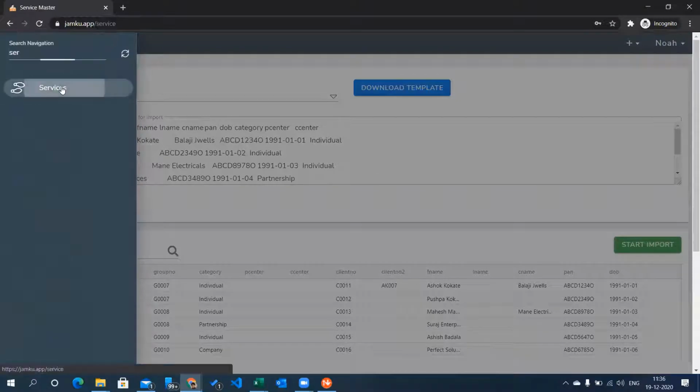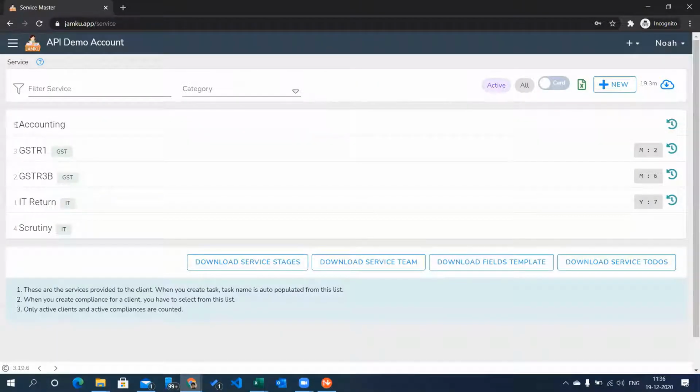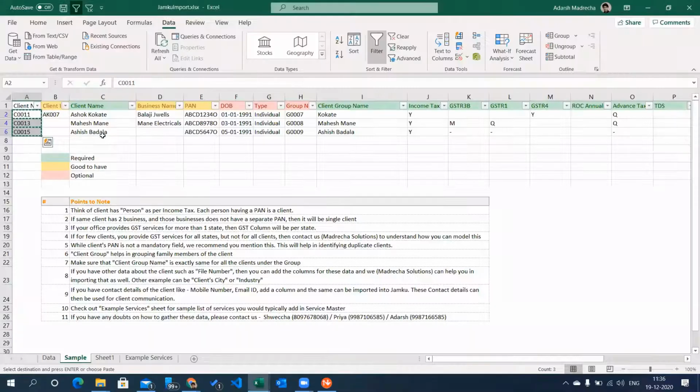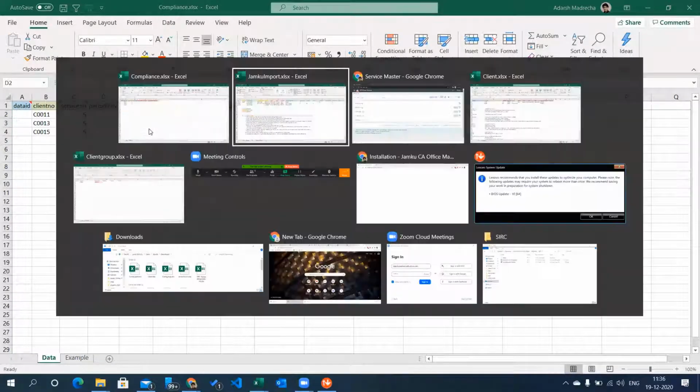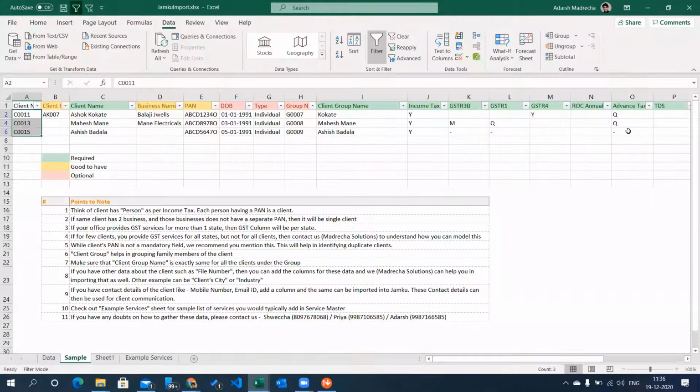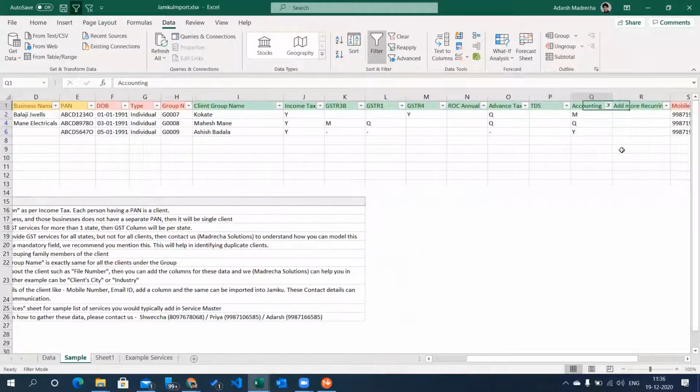If we go to the services list, as noted earlier, accounting service has a service ID of 5. So I will just mention the service ID 5, and then copy and paste the periodicity from this sheet that we had mentioned earlier: monthly, quarterly, yearly.